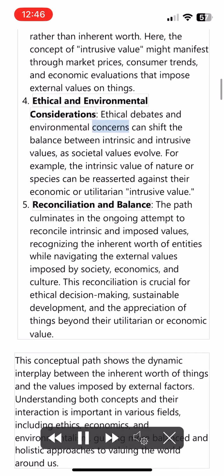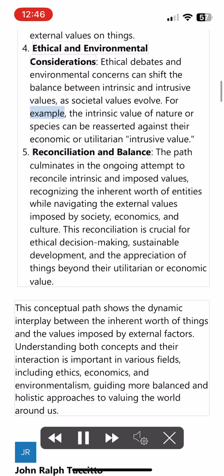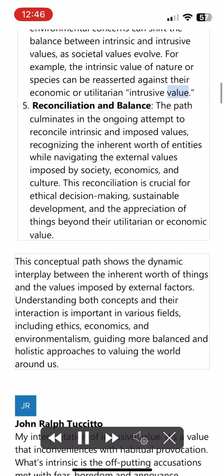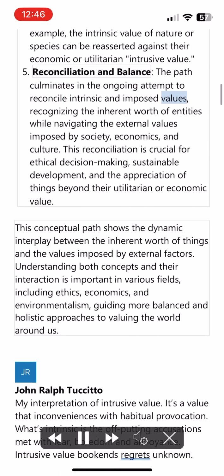Ethical debates and environmental concerns can shift the balance between intrinsic and intrusive values as societal values evolve. For example, the intrinsic value of nature or species can be reasserted against their economic or utilitarian, intrusive value. Reconciliation and balance. The path culminates in the ongoing attempt to reconcile intrinsic and imposed values, recognizing the inherent worth